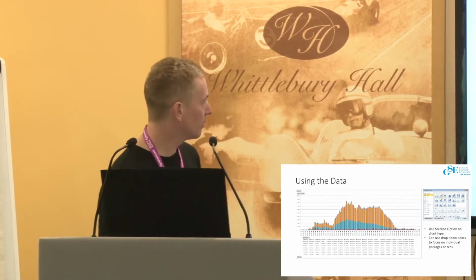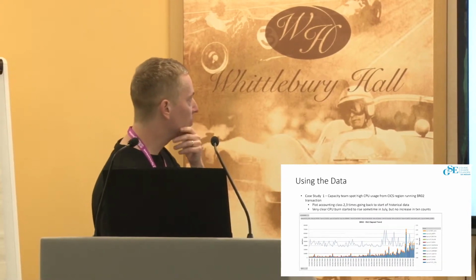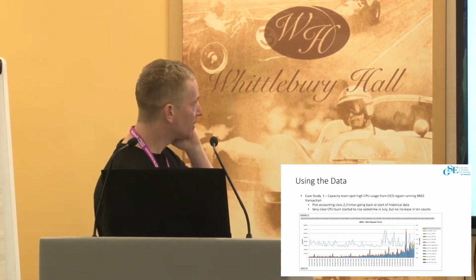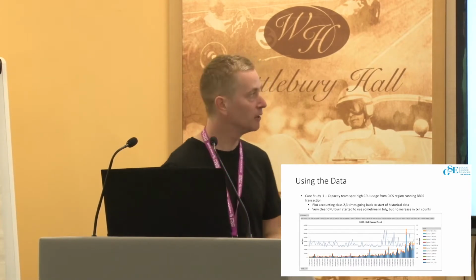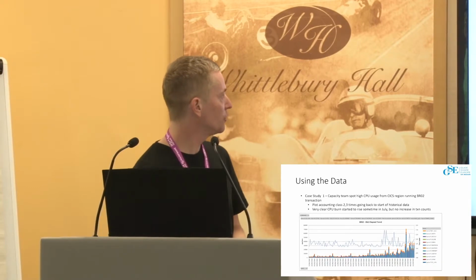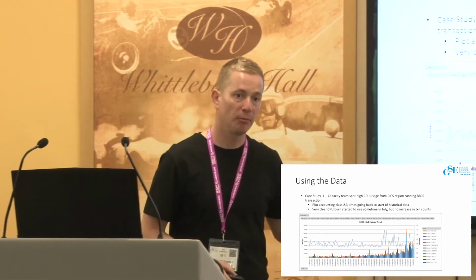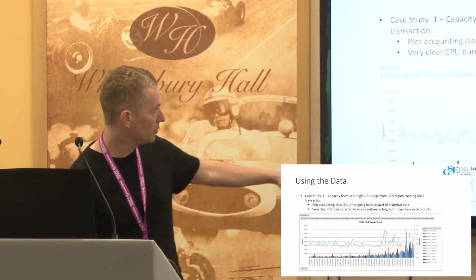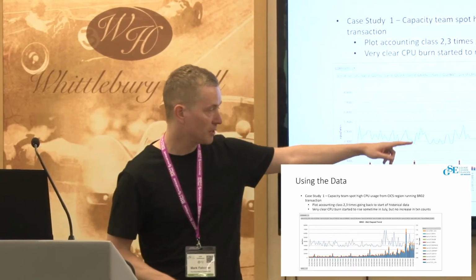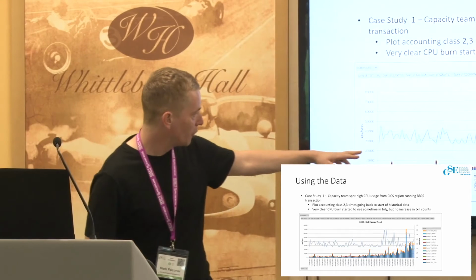Okay, so I've got a couple of case studies now that I'm just going to run through. The capacity team spot high CPU usage from a CICS region running the BR02 transaction. So we go back to our performance database, go back 6 months, and plot out your primary class 2, class 3 times. You can see quite clearly round about here